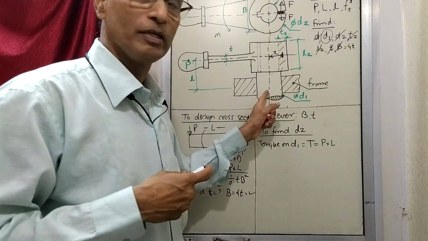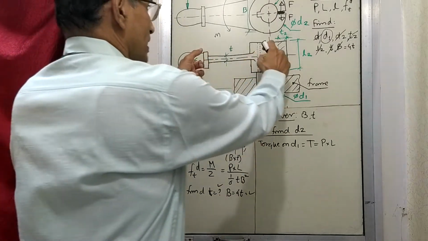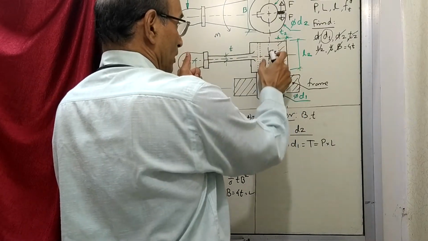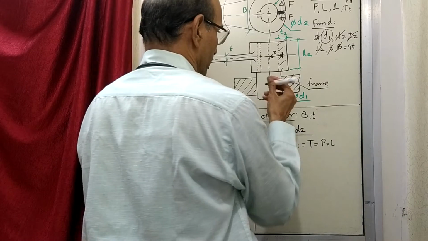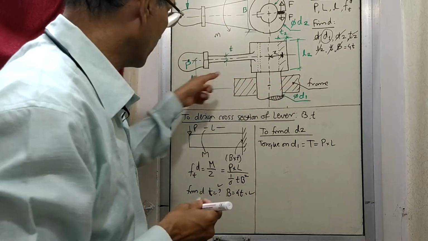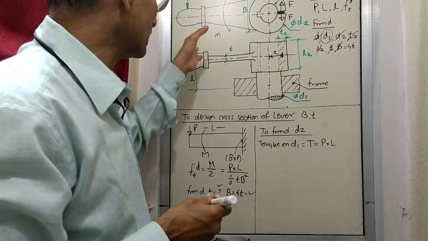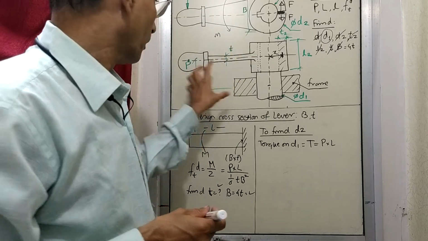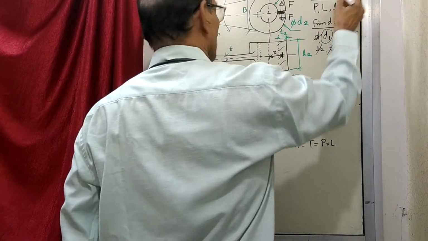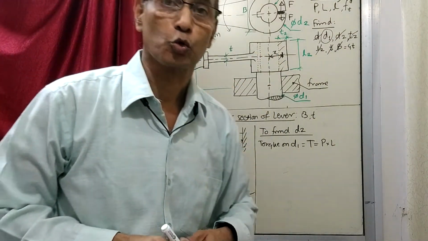Now what happens to this diameter D1? The force is applied here. In that case, the force was applied in the plane of the CG of this diameter. Now the CG of this diameter is here, and this force is not applied at its level. It is applied somewhere else. That means the force is applied slightly outside. Because it is applied outside by an amount equal to L, and L is given, it is going to cause a moment also.